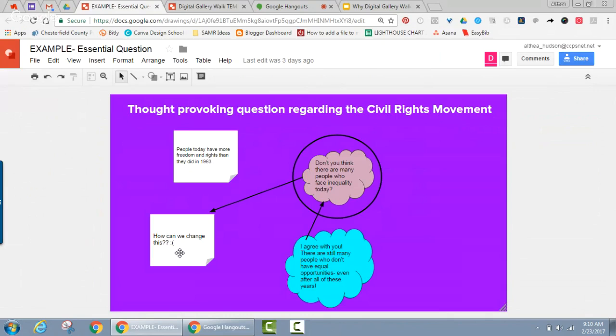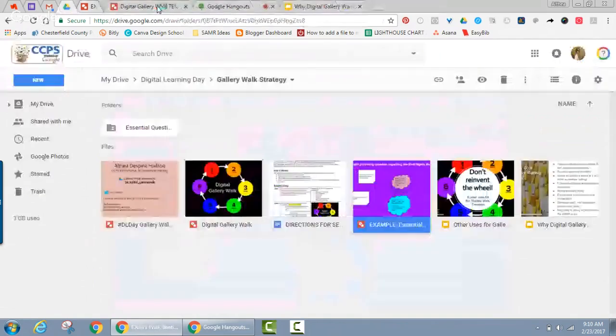So you can start to see how conversations can happen with your students, which becomes very empowering, because then it's putting the learning and the questioning and the inquiry back in their hands instead of having you drive the whole lesson. So I feel like that is a really valuable tool, again, for your students when it comes to learning. I'm going to go ahead and pop out of this example here,